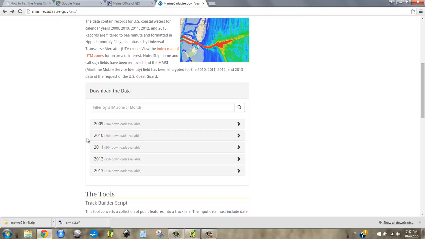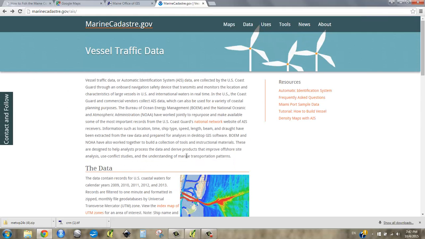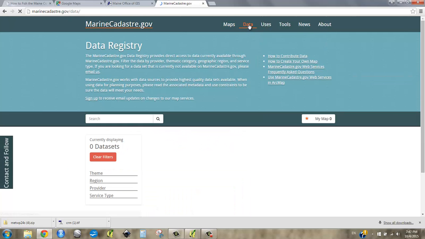It comes in a geodatabase, which can only really be used by ArcGIS. If you're interested in that, they have it by the month, by the year, every single vessel. But what we're going to do is, I've done a little bit of research, and if you go to data and you search for